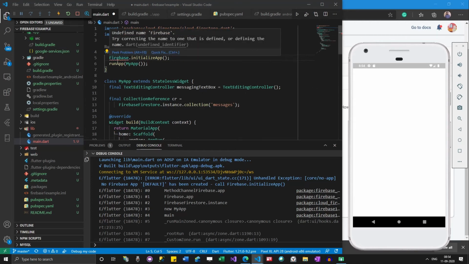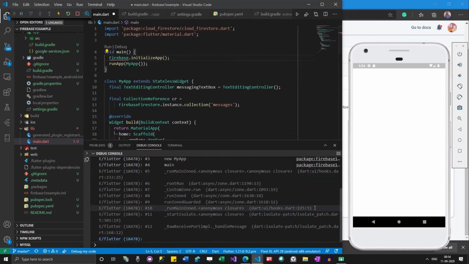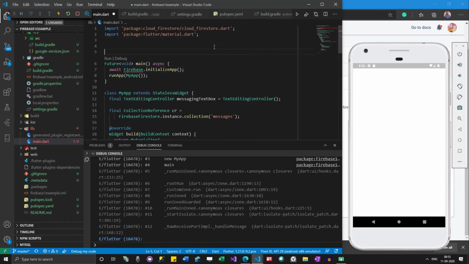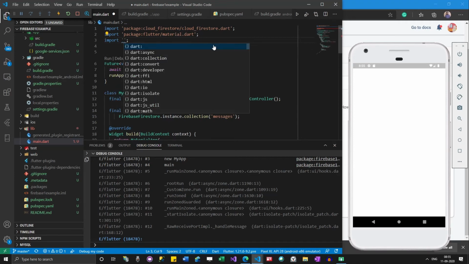What does it say? Actually, it's not showing the correct message, but let me see if I can resolve it by importing a Firebase core package.